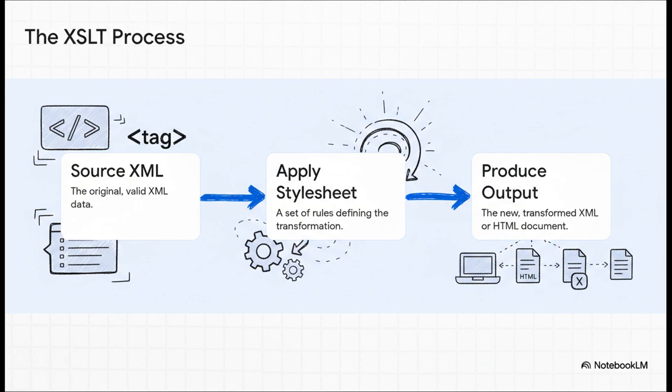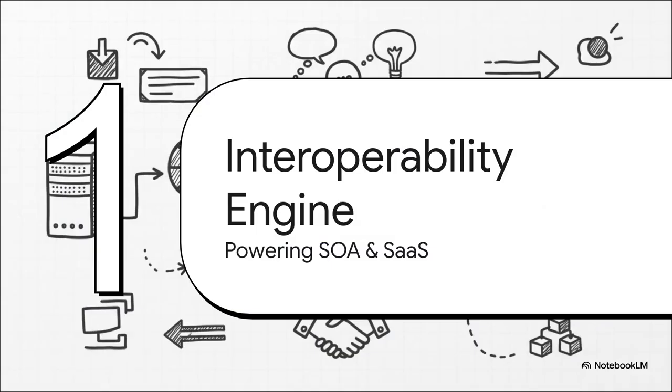And the process itself, as you can see here, is pretty straightforward. You take your source document, you apply what's called an XSLT style sheet, which is basically just a set of transformation rules. And then the XSLT processor spits out a brand new output tailored to your exact needs. All right, let's bring this all home. We've talked about namespaces, schemas, parsers, and transformations. So how does this whole ecosystem of powerful tools actually enable cloud computing and let different services talk to each other